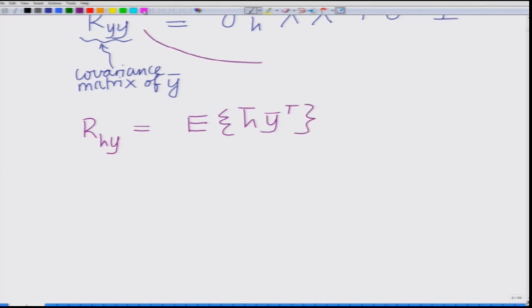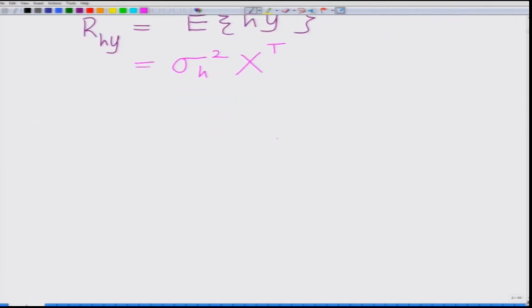This covariance matrix is nothing but the expected value of y bar y bar transpose, which is the expected value of (h bar x + noise)(...) transpose, which we have derived as sigma h square times x transpose. Therefore, the LMMSE estimate: remember, even when the channel coefficients are non-Gaussian, we can talk about the LMMSE estimate. Of course, if they are Gaussian, then the LMMSE estimate itself is the MMSE estimate, that is, the minimum mean square error estimate. Anyway, considering a general scenario, not necessarily Gaussian channel coefficients h, the LMMSE estimate